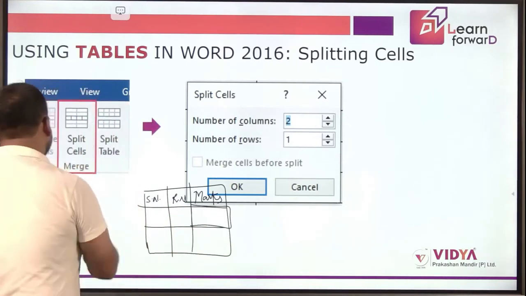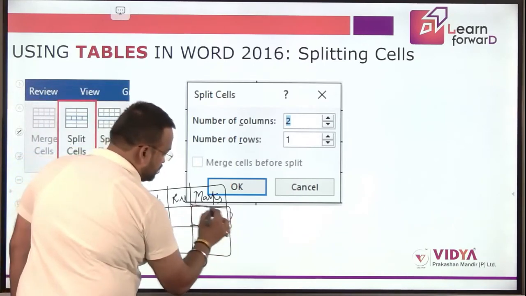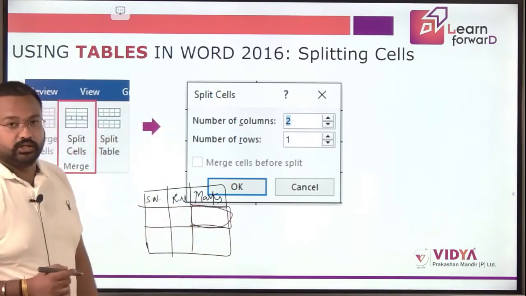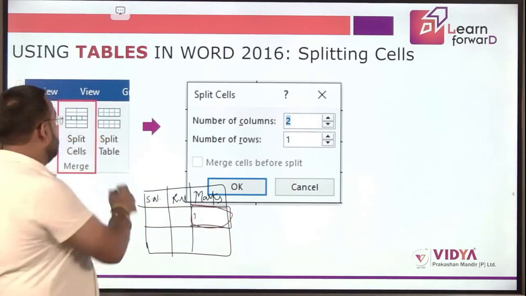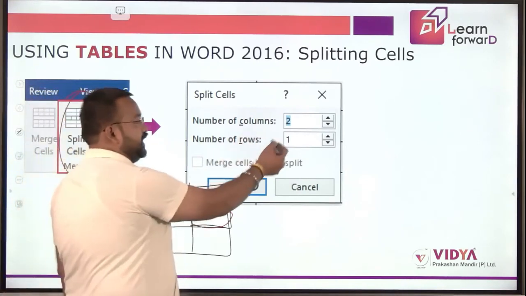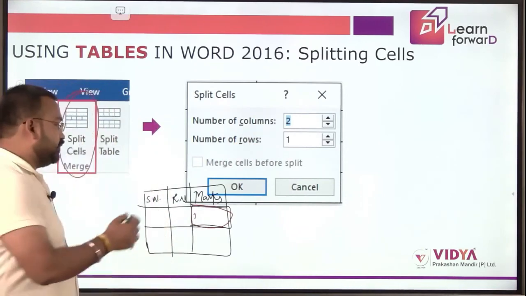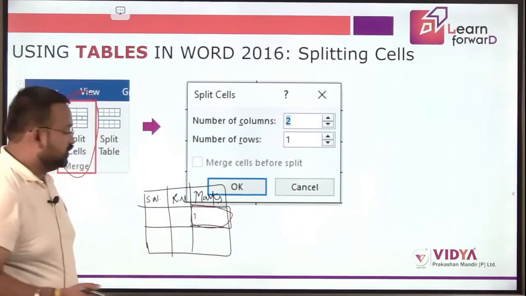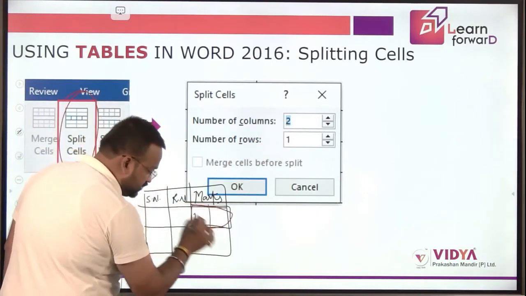Let's say in the marks section, I want to show multiple subjects' marks. How I can do it is, I place my cursor over here and go to the split cell option, and over here I can provide the number of columns and the number of rows. Let's suppose I want to split it into 2 columns. So I simply provide 2 and 1.